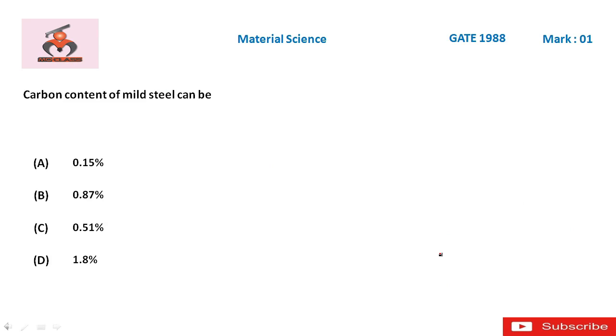Carbon content of mild steel can be... okay, so mild steel means low carbon steel. See the options: 0.15%, 0.87%, 0.51%, 0.8%. Okay, so the answer is